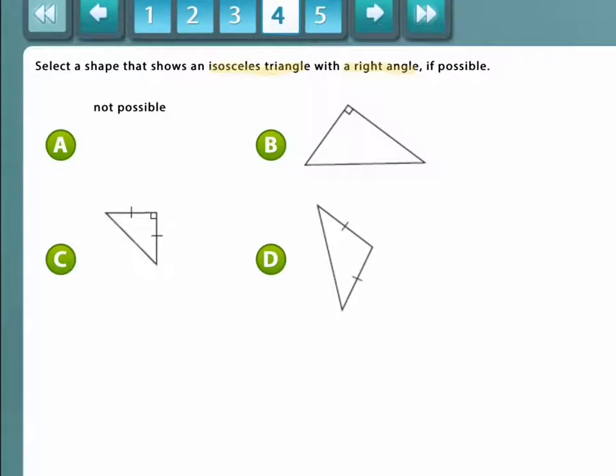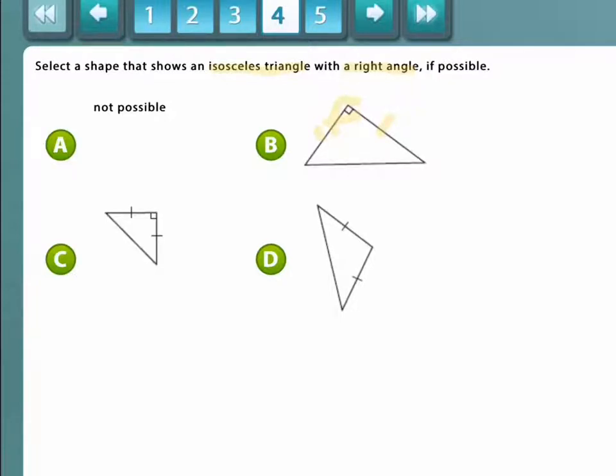Question number 4, they're asking us to find a shape that shows an isosceles triangle, meaning two sides are congruent, and a right angle. So answer A is not possible, maybe, but I don't think so. B, it does show a right angle here, but it does not give us lines of congruency here and here. So we don't know if these are the same size